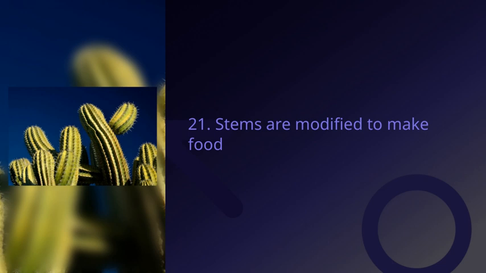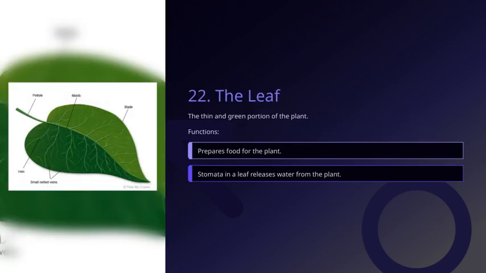By transforming into these specialized structures, stems play a crucial role not only in support and transport, but also in food production and storage. This highlights the incredible versatility of plant stems and their importance in both the plant's survival and our food supply. Now let's take a closer look at the leaf, which is the thin and green part